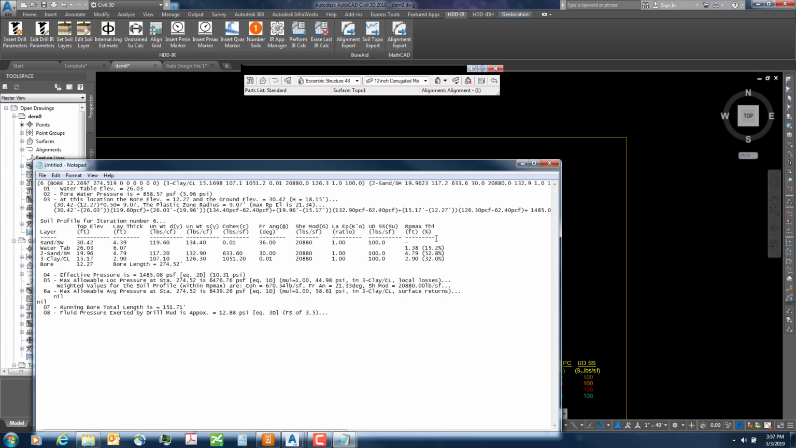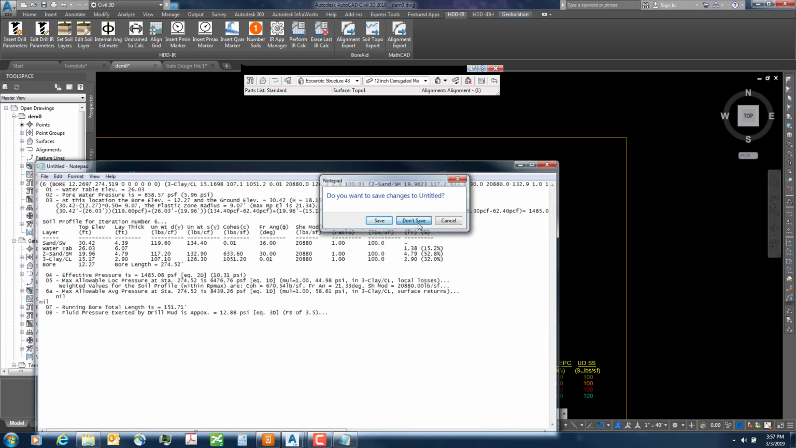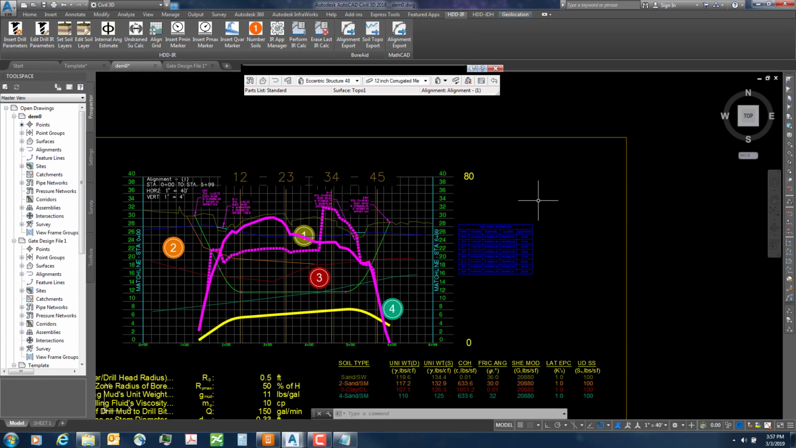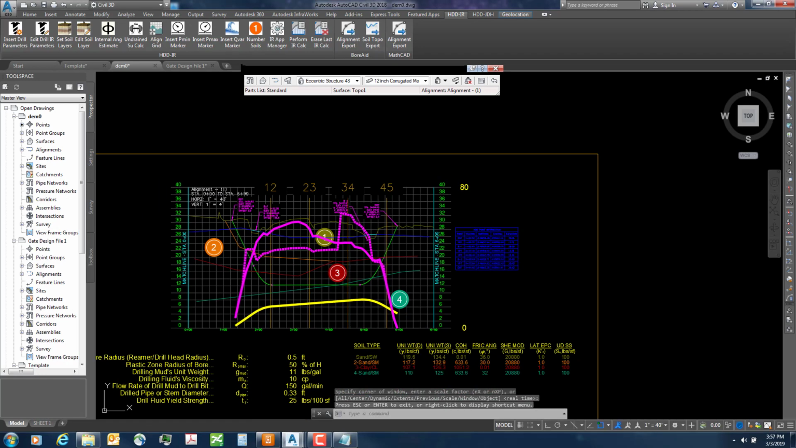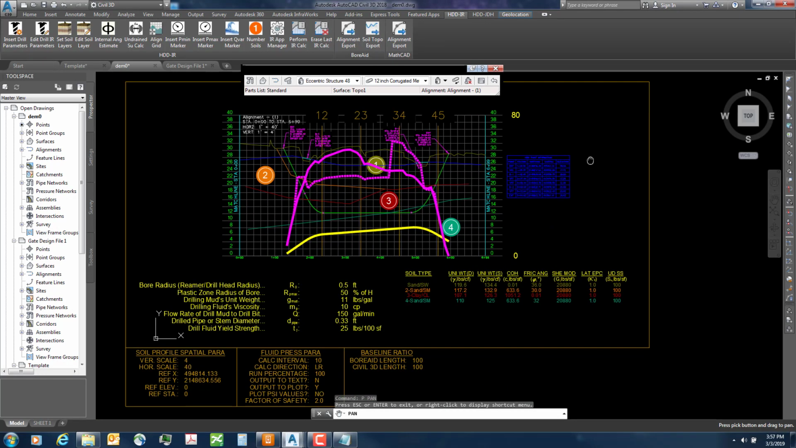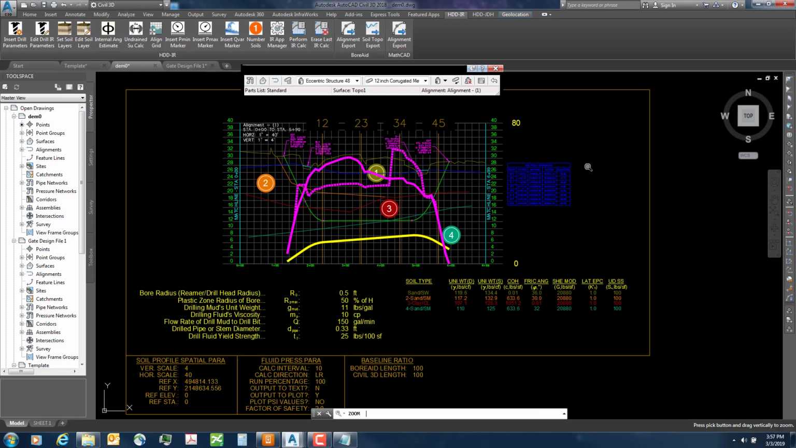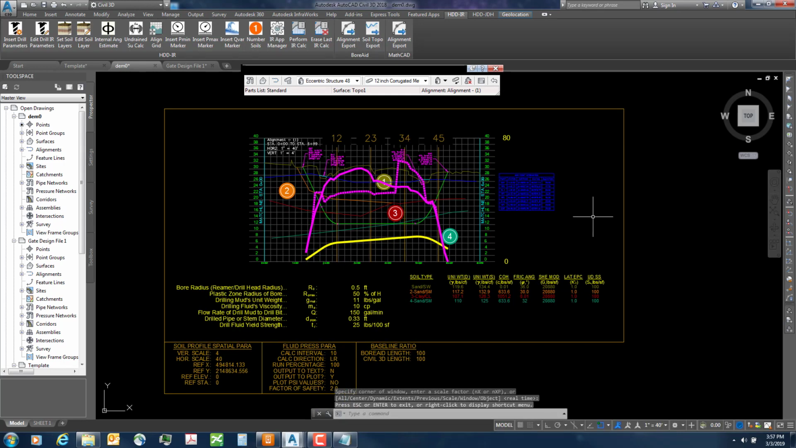So, just total transparency. I hope that you enjoyed this. This is just one of the programs I've written to do HDD calculations that I don't think anybody else in the industry has anything like it. Of course, if we made changes to our design, if we wanted to modify the soil parameters, if we wanted to change our drill head inputs, we could make those modifications very quickly right here in the AutoCAD